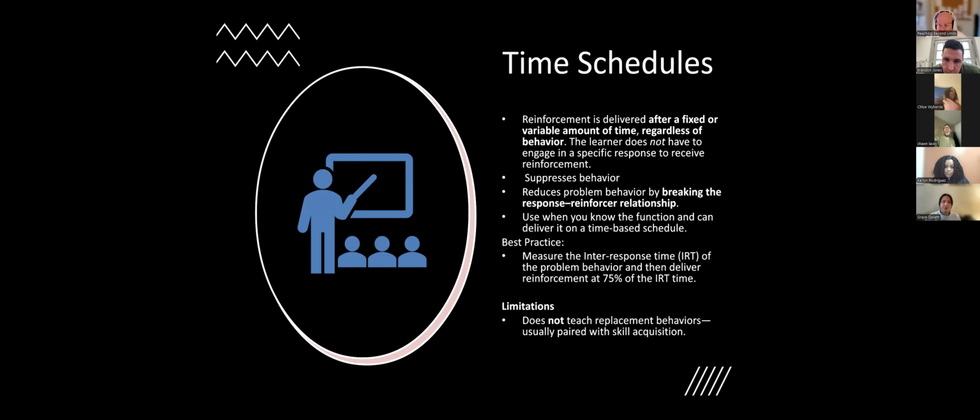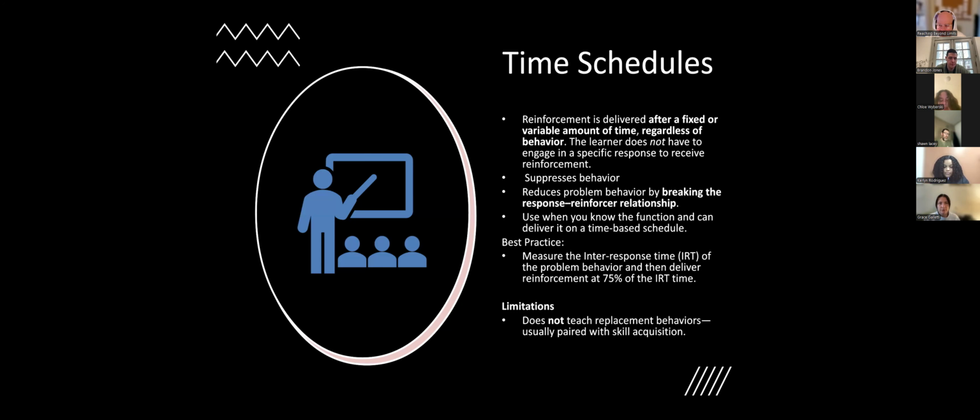And we're going to give opportunities to practice this replacement behavior. Because if you think about it, these time-based schedules will suppress any behavior, whether it's a pro-social behavior for skill acquisition or a problem behavior. And obviously, we do not want to be suppressing pro-social behaviors or skill acquisition behaviors. So this is a great schedule to use at first to help our VIPs and the stakeholders reduce problem behaviors. But it's a strategy we want to fade away as we start to teach replacement skills.